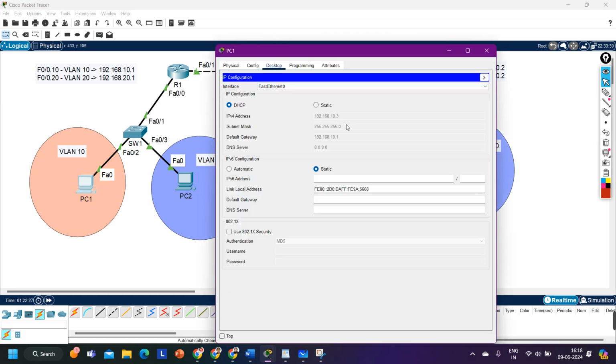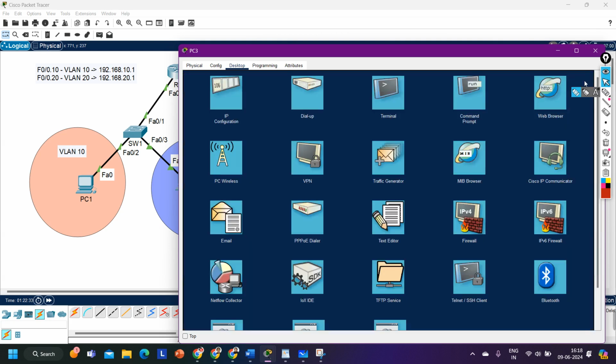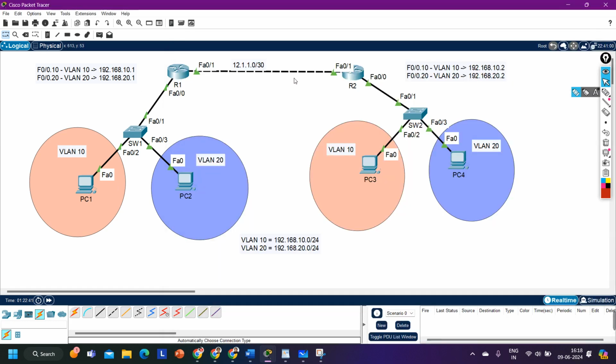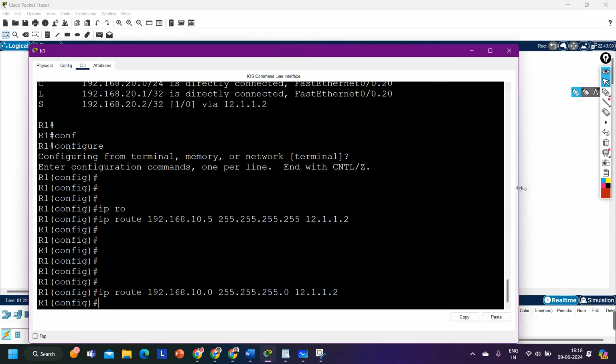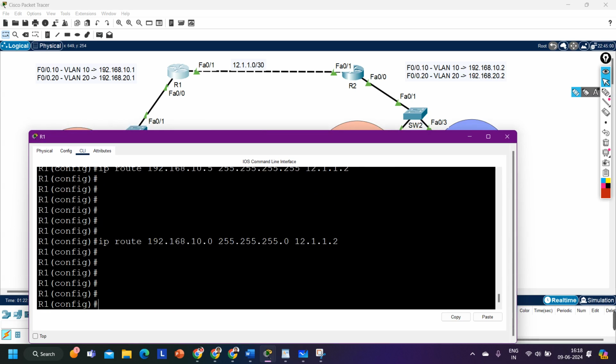See, PC1's IP address is 10.3 and PC3's IP address is 10.5. So I can inject these two routes in the routing table of R1 and R2. On router number 1, we can say IP route